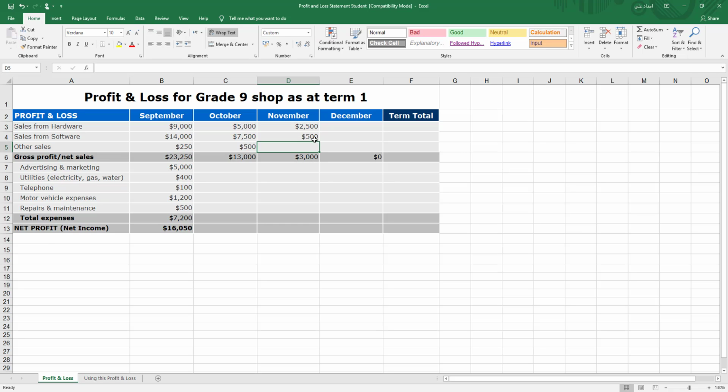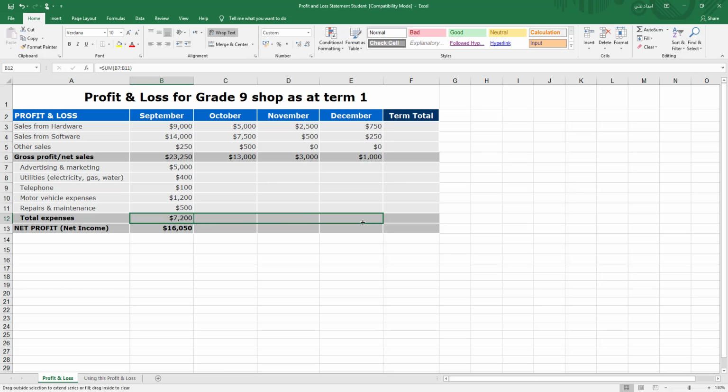Let's put more data here. Leave this one empty, and let's say we didn't make much sales in December. As you can see, when I'm changing the number, note the cell here, the cell E6, see what is happening. If I change the value here, it will automatically recalculate, and that's again something that we want Excel to do for us and save us time so that we don't have to go and manually recalculate everything. Again, copy this down,